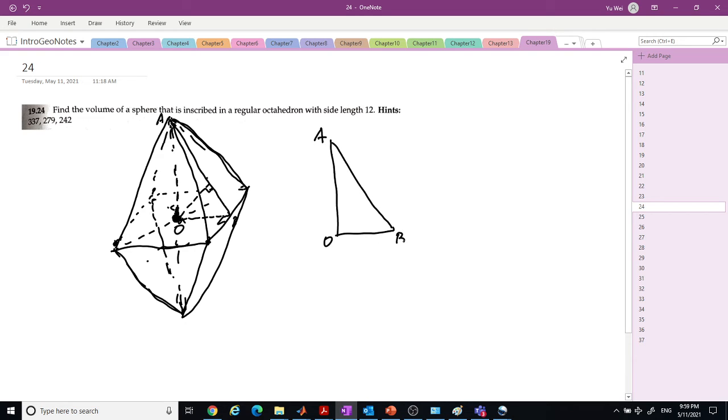AOB, and this is the x. Let's solve for x. The regular tetrahedron has a side length of 12, so this length is 12. If this length is 12, then OB is half of the side length. OB is 6, right? And this is 12, so this triangle